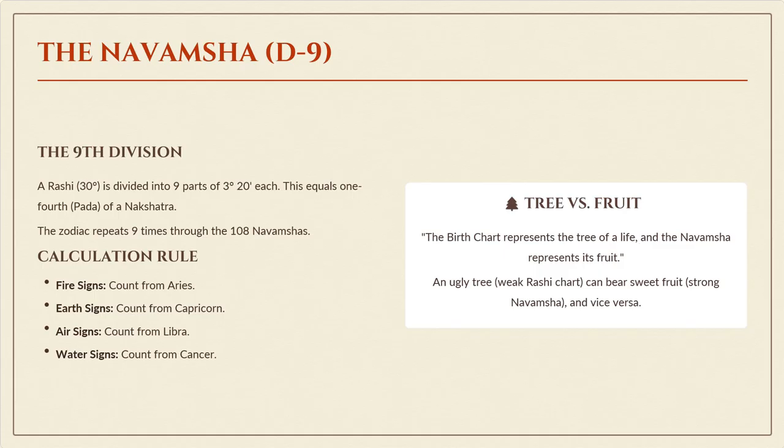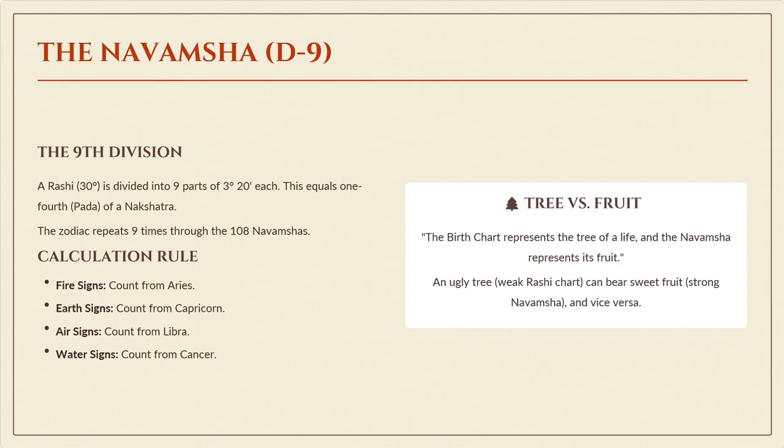Are you getting what I'm saying? Yes, got it. So in the D9 chart, the Sun originally is in Aries, but because it is at the sixth degree, it will show in Taurus, as 6 degrees falls in the second division. So every Rashi is given 9 divisions, and every division is allotted to a Rashi again.